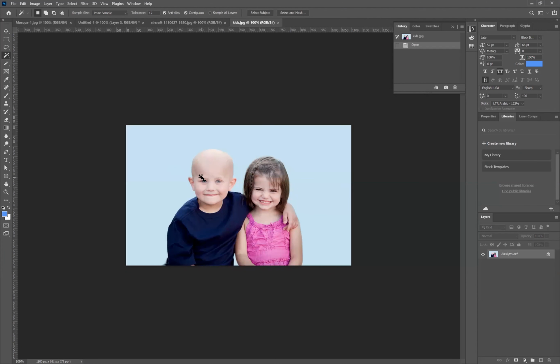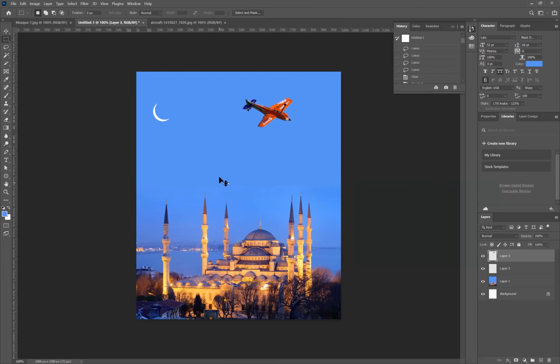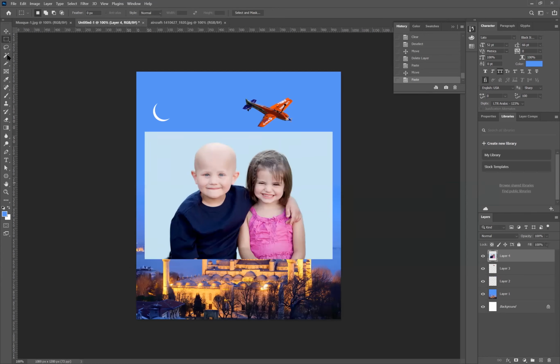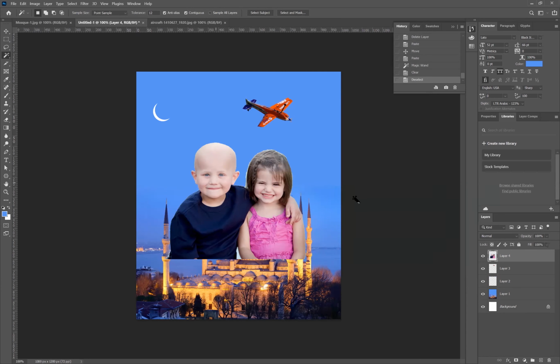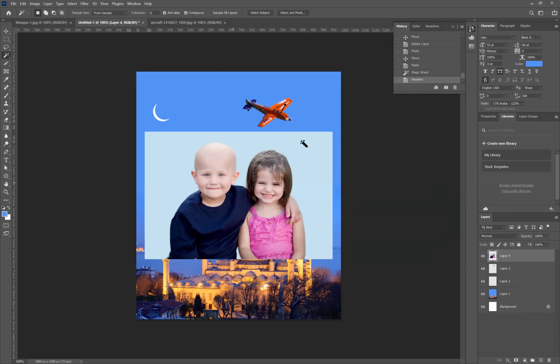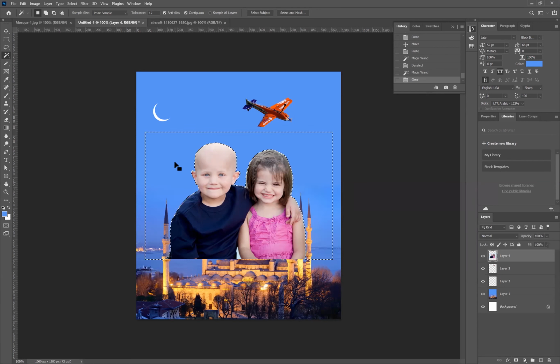Okay, so see these cute kids. I will copy them and bring them here. Now, with the help of magic wand, I can select the whole background in one shot. If I just click once, it will automatically select the background area which has the same flow. What I mean by same flow is that this background has the same color all over. So when you have a similar color as a background, you can make use of magic wand and with a single click, you can delete the background. So that is the use of magic wand.